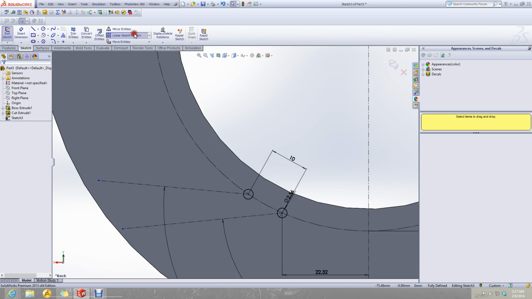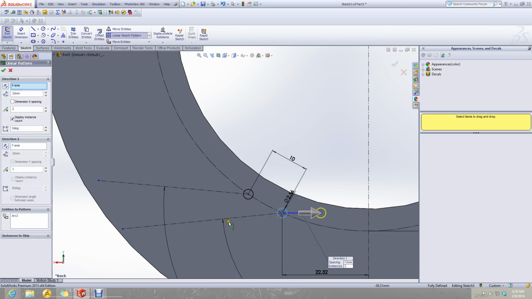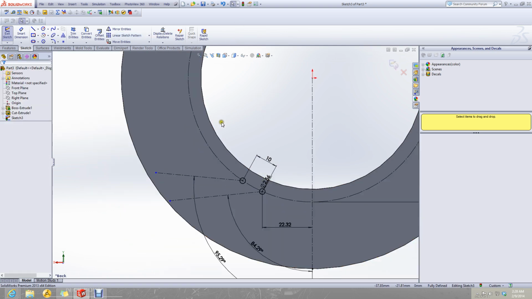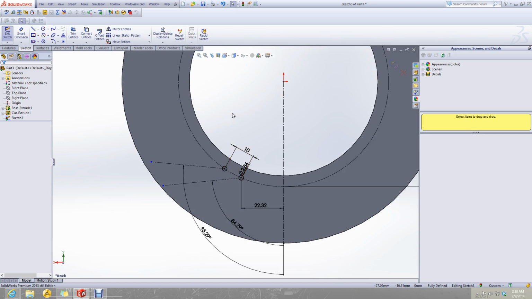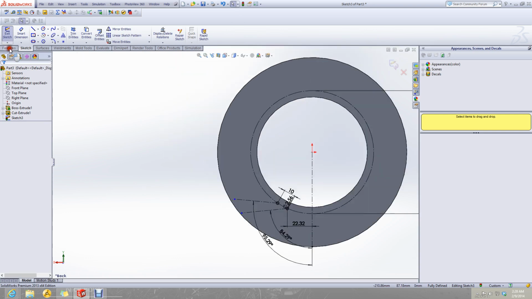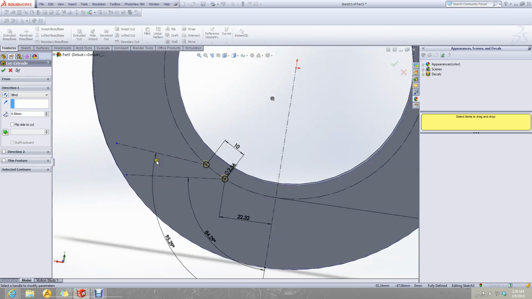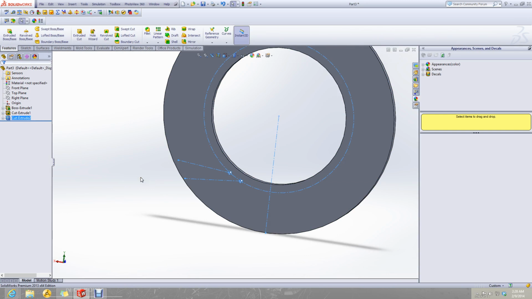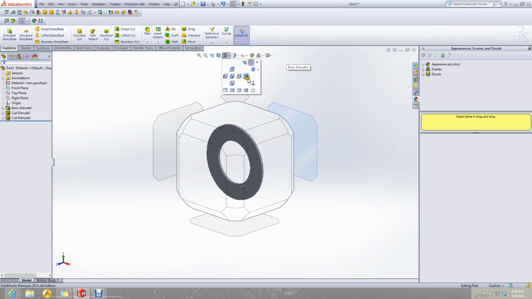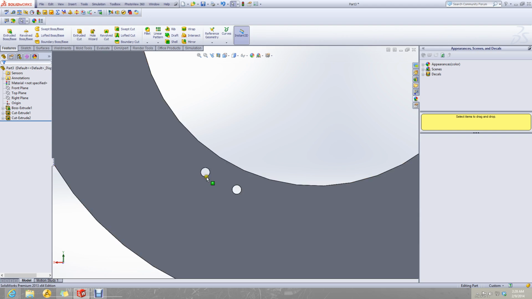Now I pattern these circles along this line. A sketch only supports the pattern along x or y axis, so I will pattern as a feature. Now I remove material. Okay, let's pattern these circles along the line.